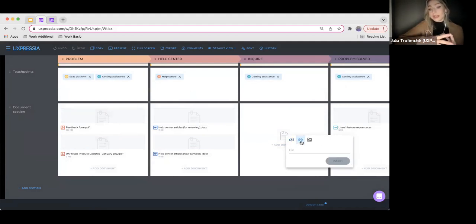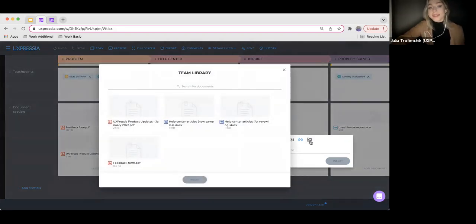Then goes the linking ability, so you can link some document from some other source, for example, from Dropbox or from anywhere where you store the documents. And another last option is this team library. So you can just upload everything in team library and reuse these documents.